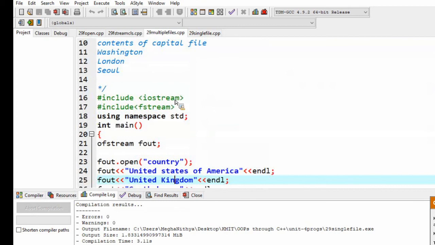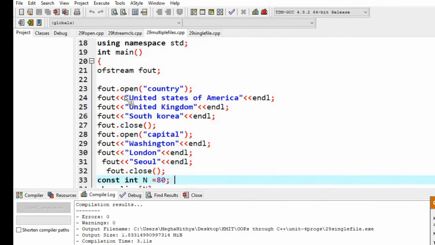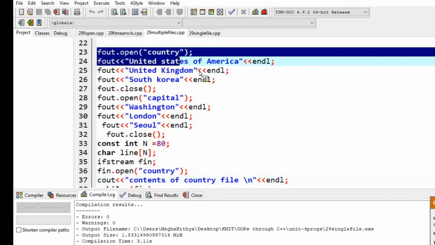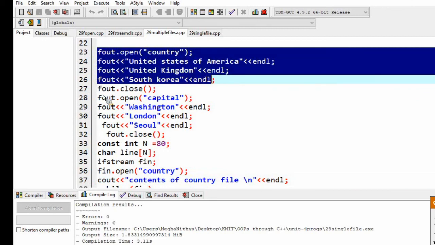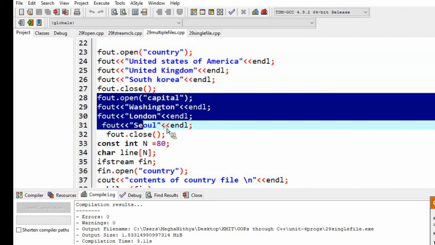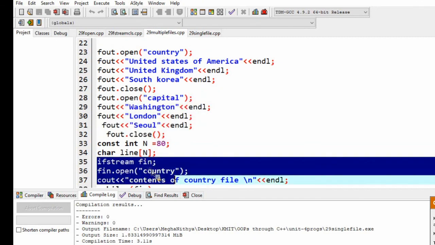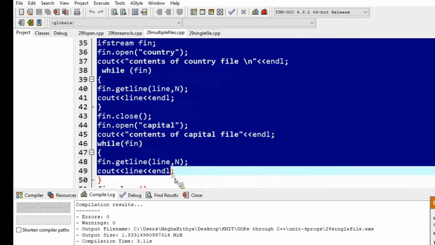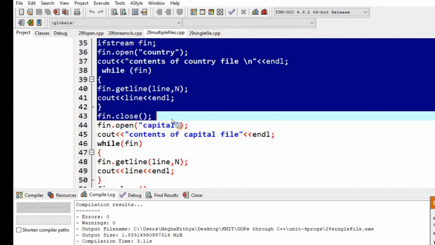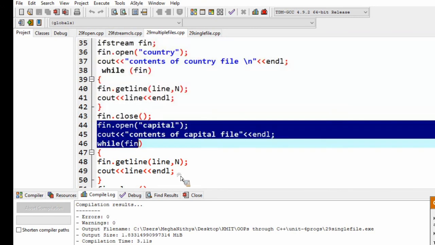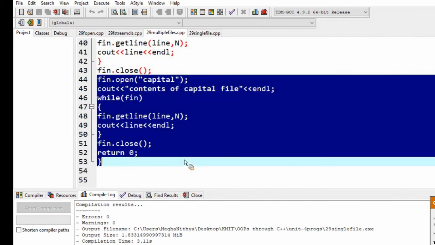So what is happening in my program? I am opening a file, open country, in which I have countries, and I'm closing that output stream. Once again, I'm opening an output file stream and I'm closing it. Then I'm opening the file called country in read mode and reading the content of the country file by using the getLine method. Then again capitals I'm reading and closing it. Okay, and I am closing this.